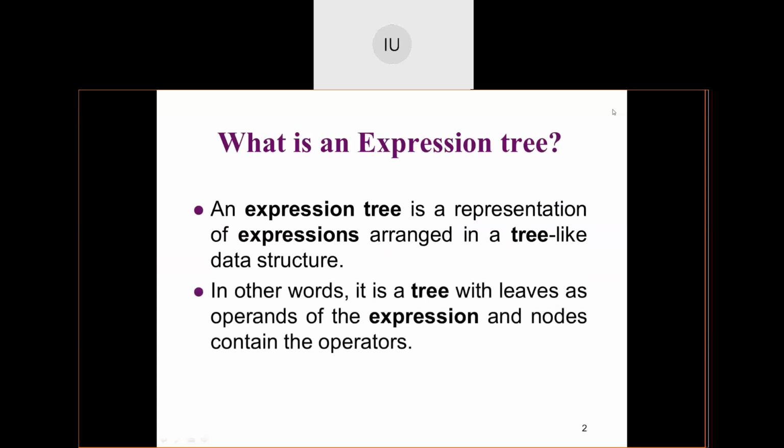You can see here a tree with leaves as operands of the expression, and nodes contain the operators. Nodes means any internal nodes. With reference to a particular subtree, the root will be the operator, and the operands will be the left and the right child. Soon you will see examples of that.